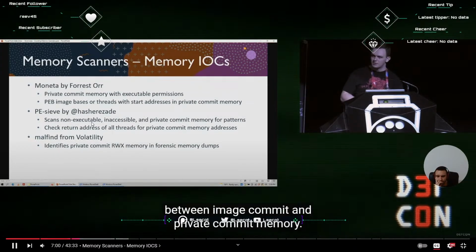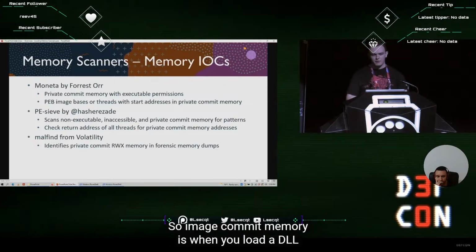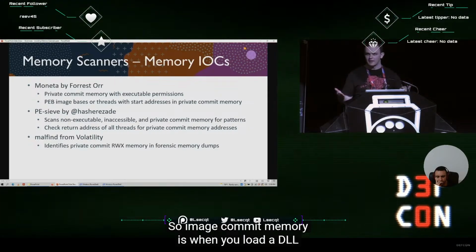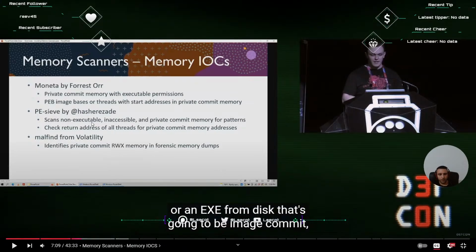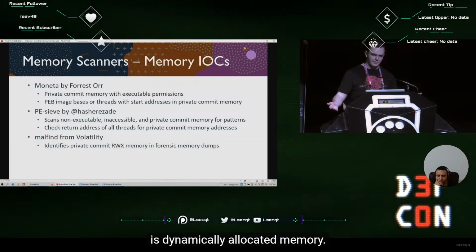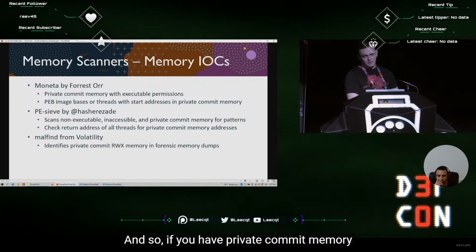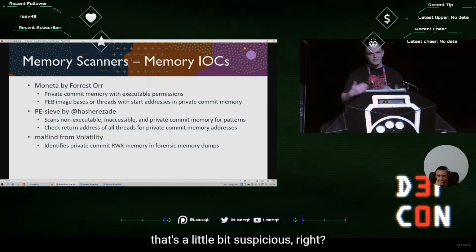Looking at the difference between image commit and private commit memory. Image commit memory is when you load a DLL or an exe from disk. That's why it's an image. Private commit is where the program is dynamically allocating memory. If you have private commit memory that was dynamically allocated and it's executable, that's a little bit suspicious,